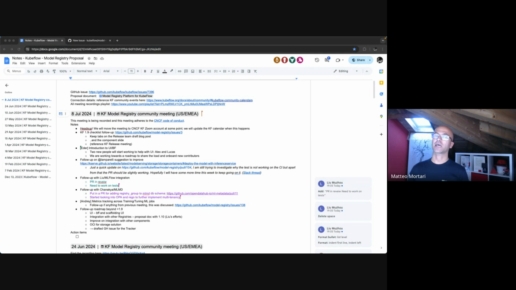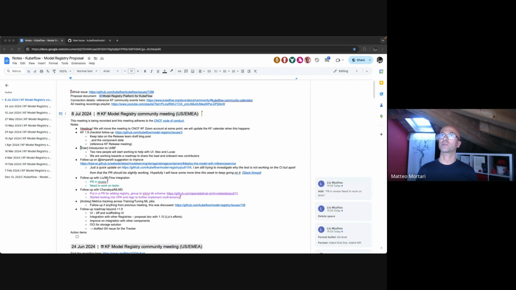Just a heads up for everyone, we are still using the Google Meet, but eventually we will transition to the Zoom bridge for these recorded meetings. This is being done from the lead of the Kubeflow steering committee. As soon as there is an update, I'm going to update all the calendar invitations and the actual link to join the call. Until then, we can continue to use the Google Meet.